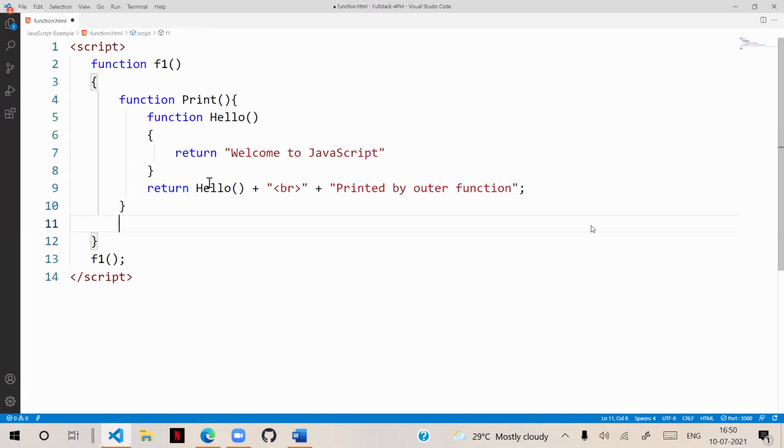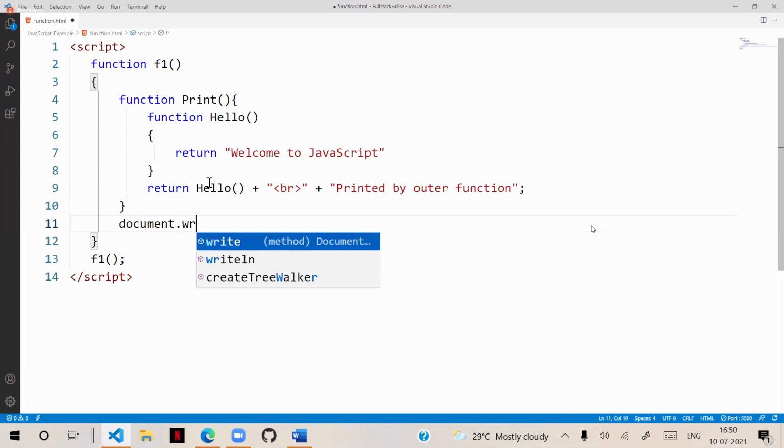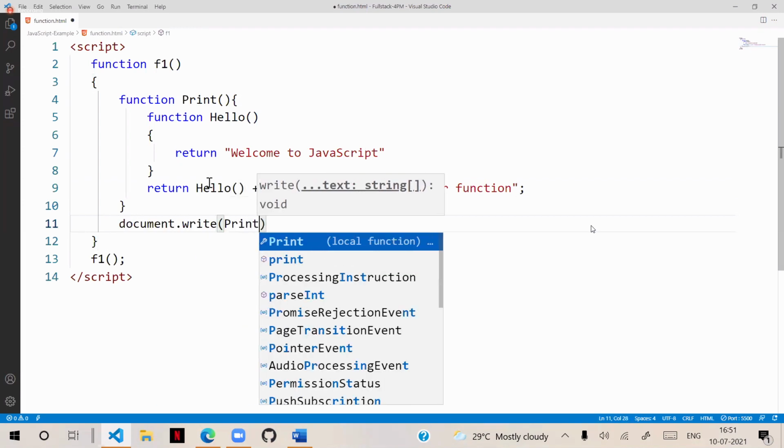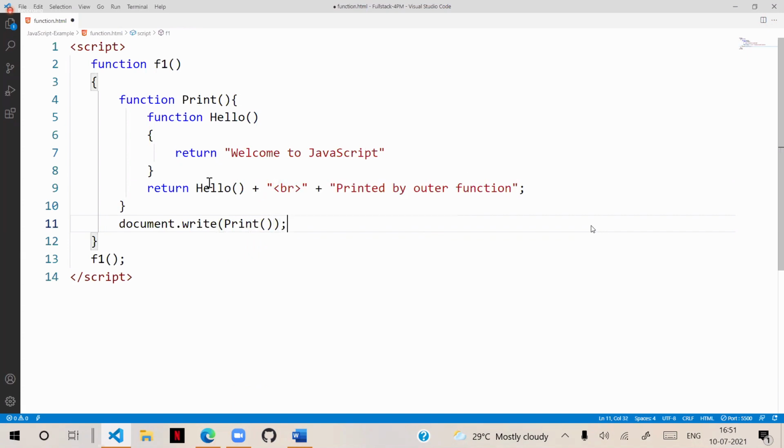And we just have to access document.write, and we need to use the print function. Actually, the print function is returning a value, so we have to print the value. Many times we have a doubt: sir, it is a function, why can't we just call the function? Because when you call the function, it executes, but it also has a result.